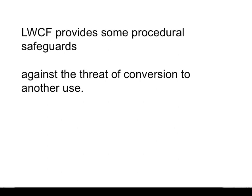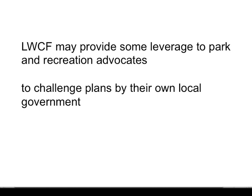whether it's for non-recreational use or even diverting it to a supposedly recreational use that's inconsistent with the terms of the original grant. So while not absolute, the Land and Water Conservation Fund Act law may provide some leverage,